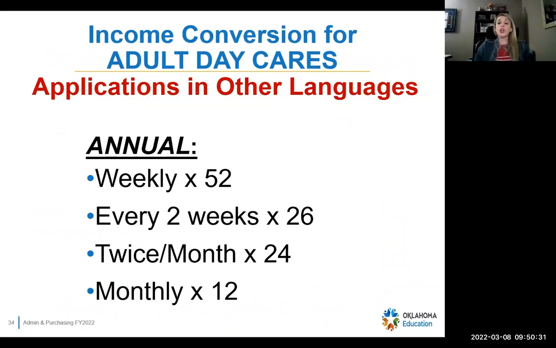Okay, now with the adult daycare side, they can still fill the application out. If they do it by income, they can still do it weekly, every 2 weeks, twice a month, and monthly. So what happens is, if they fill it out that way, say you have somebody that gets paid every 2 weeks and someone that gets paid monthly, then you have to convert their